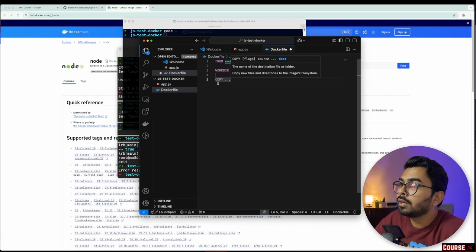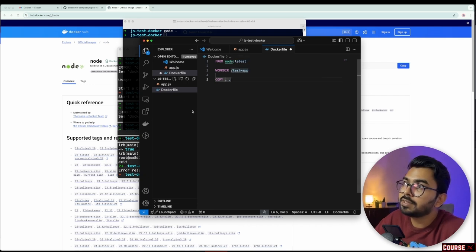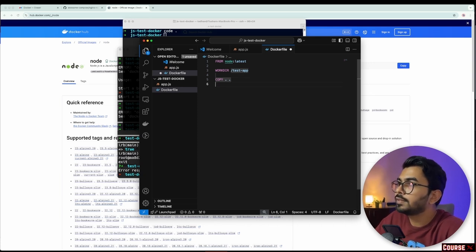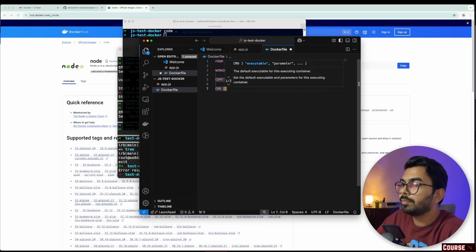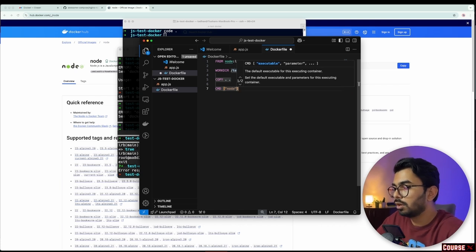So the first dot represents selecting everything from my local directory, and the right side is where it is pasted in the Docker container. Next, once this is set, I want to run this app.js. For that I can write CMD, and in the square brackets what I want to run is node app.js file. So I can write